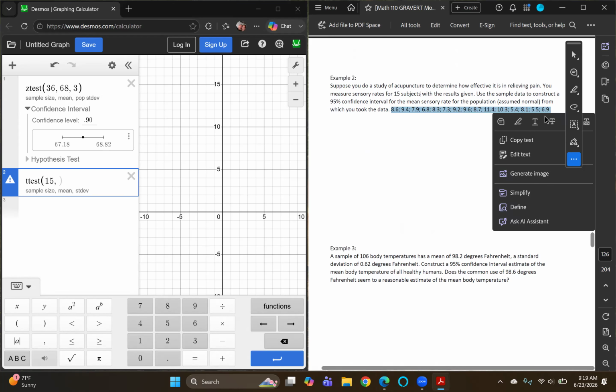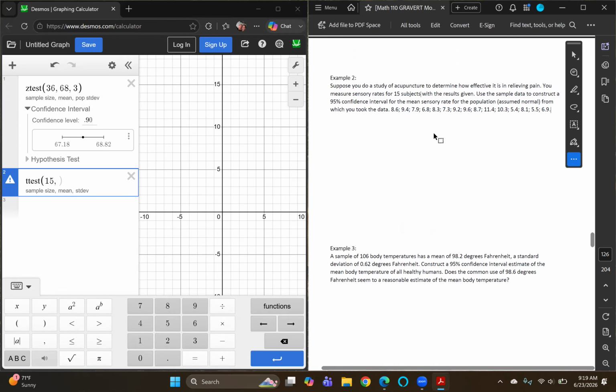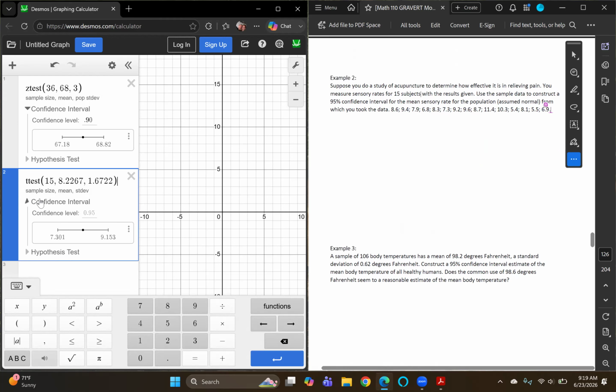So in the notes, we calculated what this mean and standard deviation was, and we got that the mean was 8.2267, and we got the standard deviation was 1.6722. So now I have the sample size, the mean, and the standard deviation entered in, and I have a